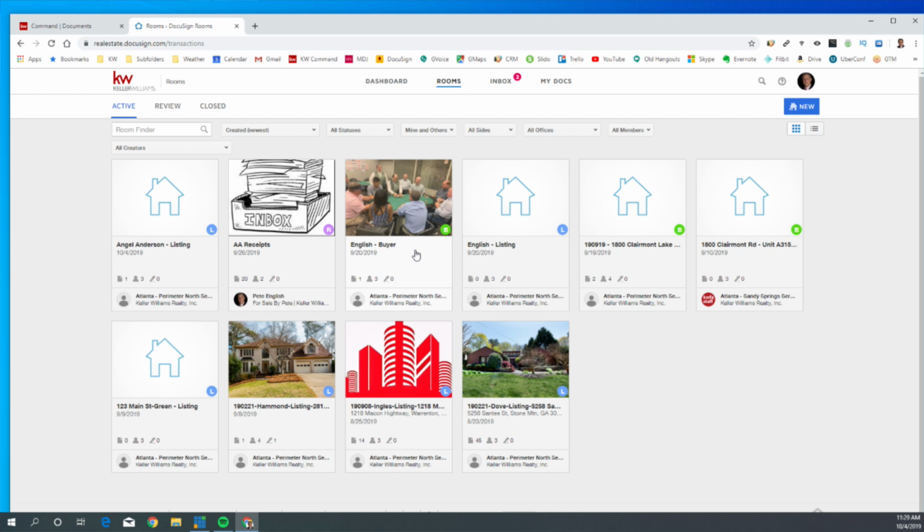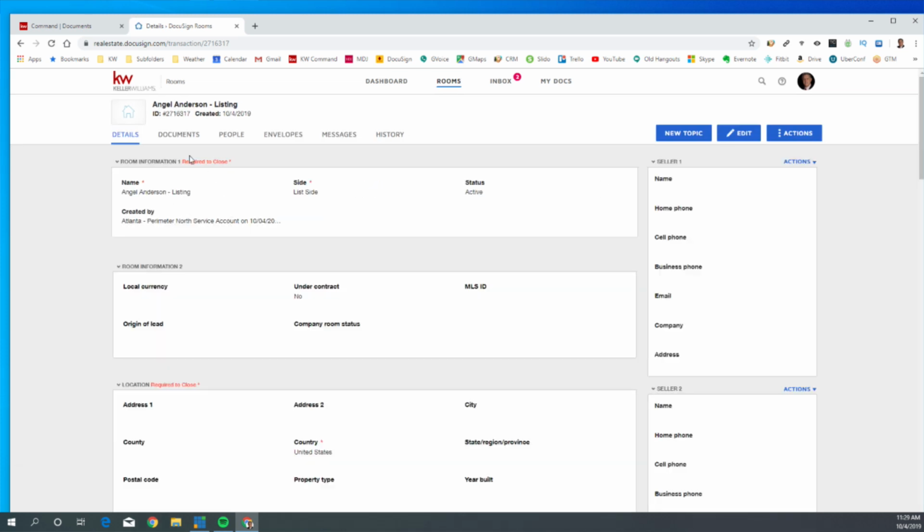Every room, irrespective of what you name it, this room is called Angel Anderson Listing. But if you'll notice, when I click on Angel Anderson Listing and open it up, right underneath it, it says ID number 2716317. Every single room has a unique 6-digit number. If you take that pound sign and the 6-digit number, in my case, if I say pound sign 2716317,